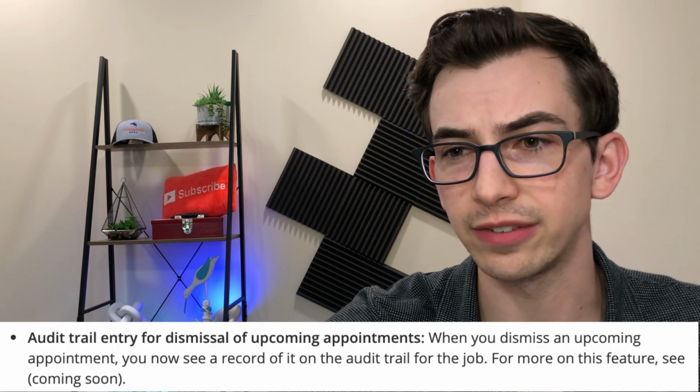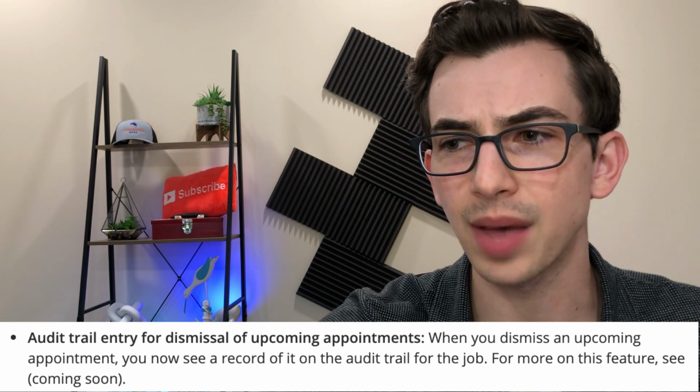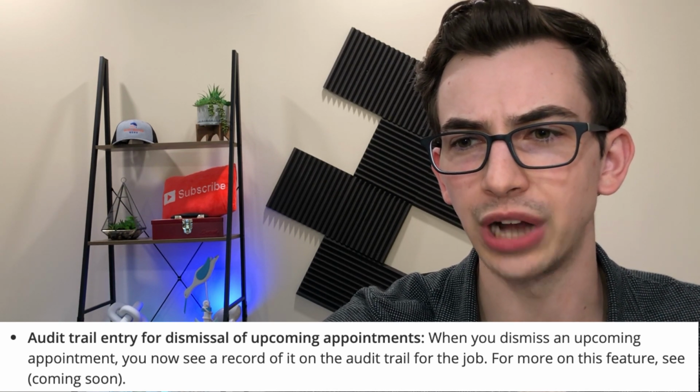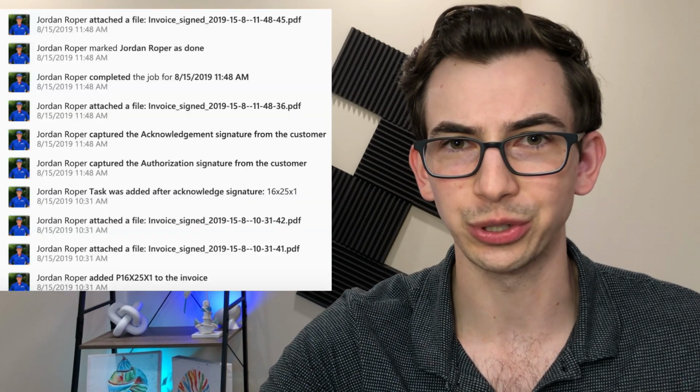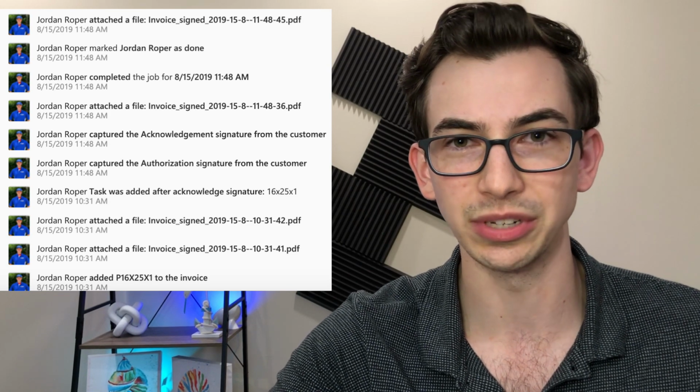Under follow-ups, audit trail entry for dismissal of upcoming appointments. When you dismiss an upcoming appointment, you now see a record of it on the audit trail for the job. I don't get this one at all. So the audit trail is that little trail underneath a job that tells you all of the tomfoolery that's occurred with it. So-and-so did this, so-and-so did that. This note is saying that when an upcoming appointment gets dismissed, you're going to see that on the audit trail